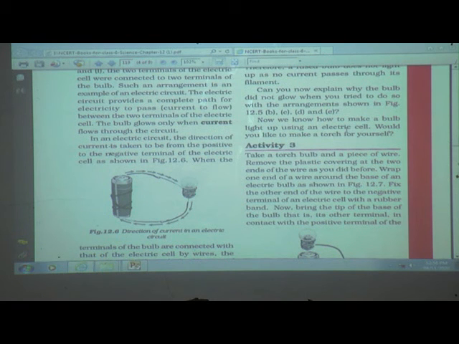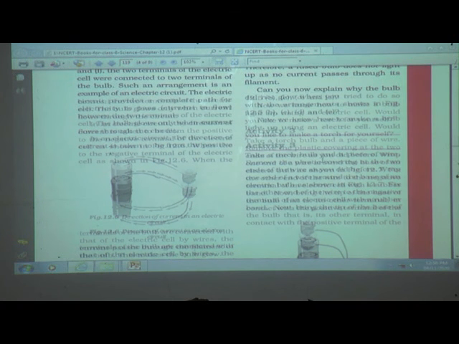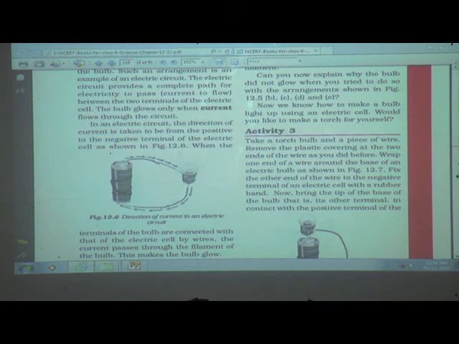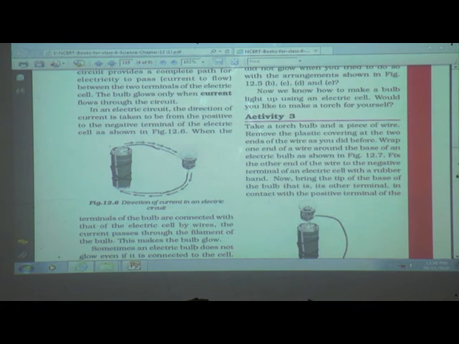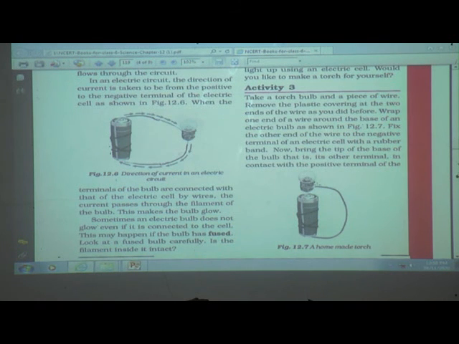Now we'll see our next point here. Here is activity 3. See students, take a torch bulb and a piece of wire. Remove the plastic covering at the two ends of the wire. Wrap one end of the wire around the base of an electric bulb as shown in the figure.